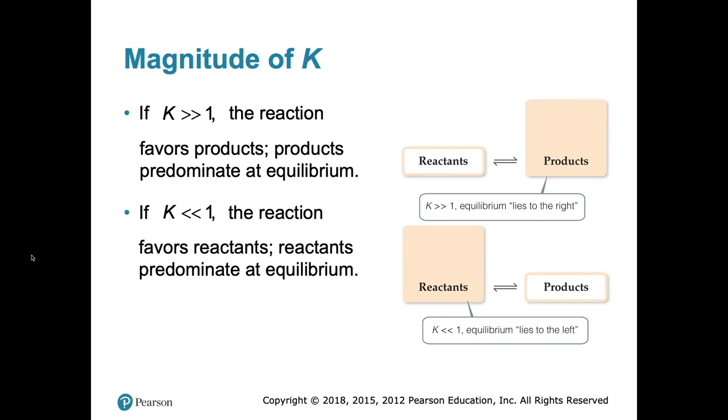Anyway, the point is, this picture here demonstrates that. So here we have a K that's greater than 1, and so the equilibrium lies to the right, where you're getting mostly products. If the equilibrium is less than 1, for